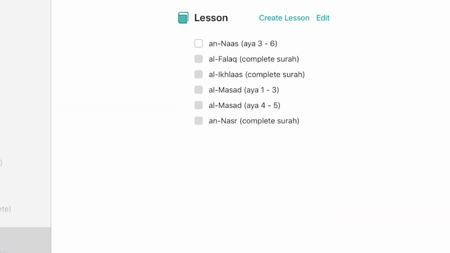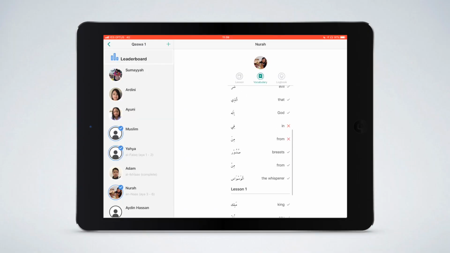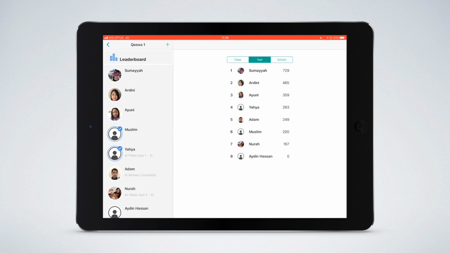You know that a lesson is ready for tasmir when the checkbox next to it turns white. Tap on it, listen to your students' recitation, and rate it. Each lesson they complete gives them a point that they compete in the leaderboard with the rest of the class,